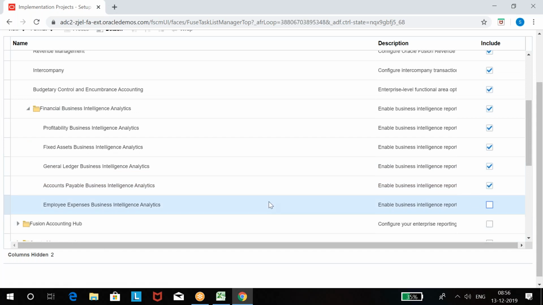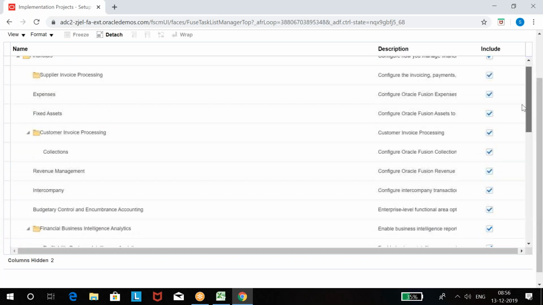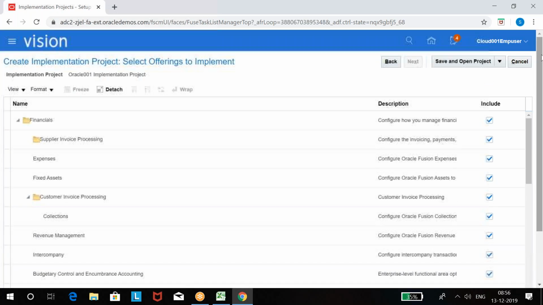This Fusion Accounting Hub is a different one again. So we have completed with all options enabled under finance, right? So all options under finance you need to enable and then save and open project.